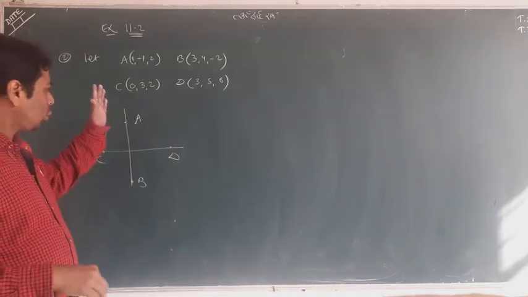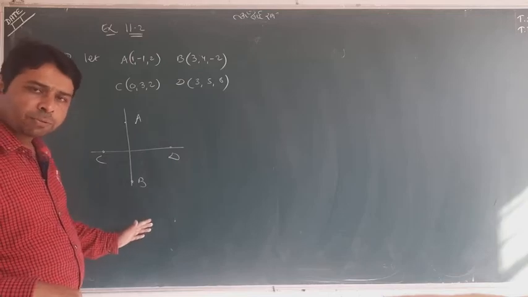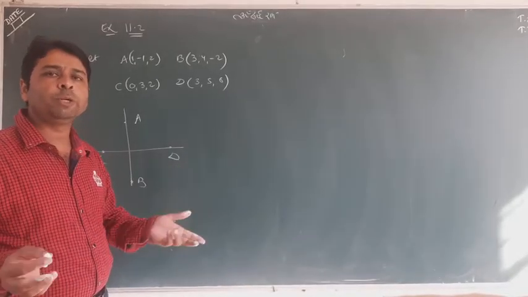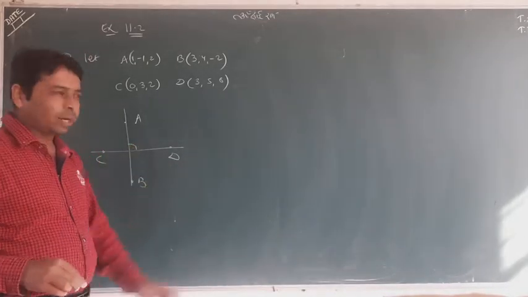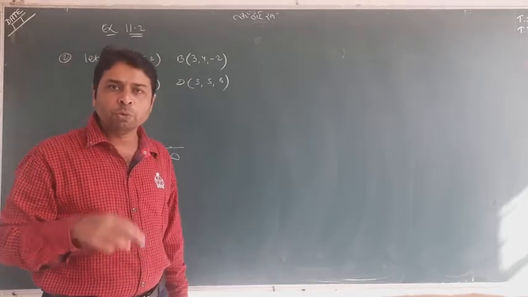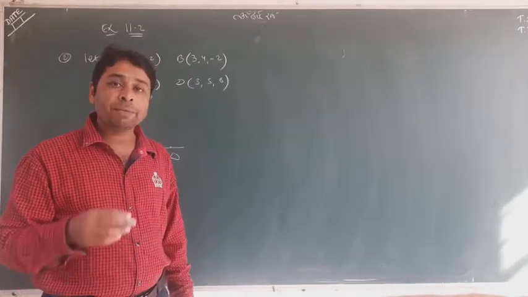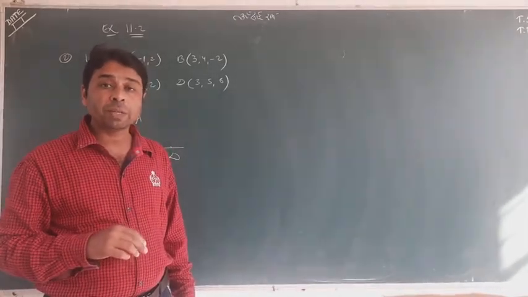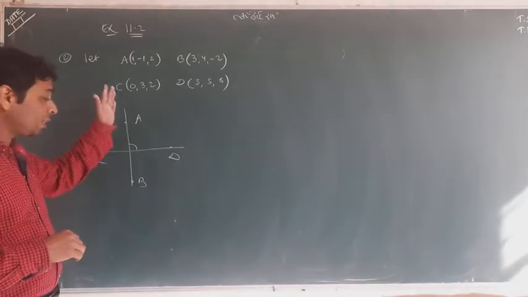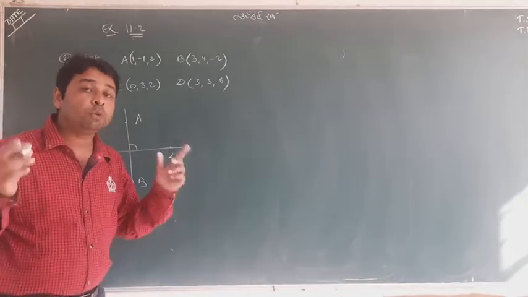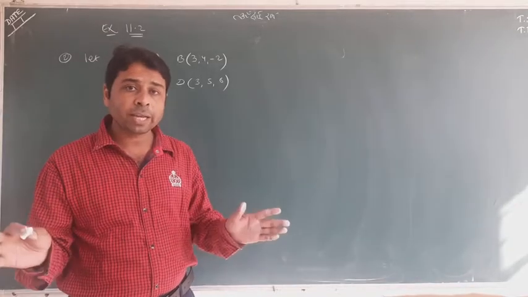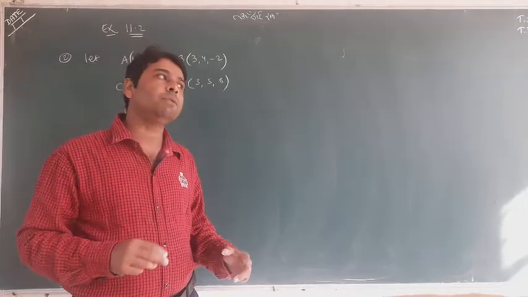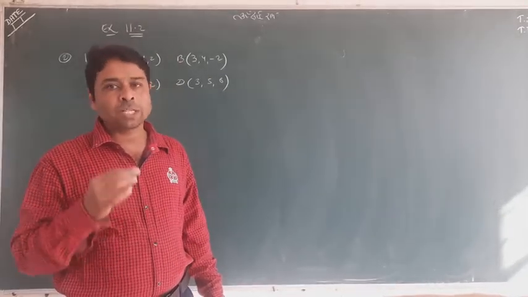The question says, show that the line passing through AB is perpendicular to the other line which passes through CD. So what will you do? You need to show perpendicularity now. Recently I taught you, when two lines are perpendicular, what will happen? A1 A2 plus B1 B2 plus C1 C2 must be 0. What is A1, B1, C1? The ratio of the first line. So where is the first line? AB. But the line is not given. You don't need to find the line. You need the ratio only, because the concept depends on the ratio. That is the thing which actually requires understanding.